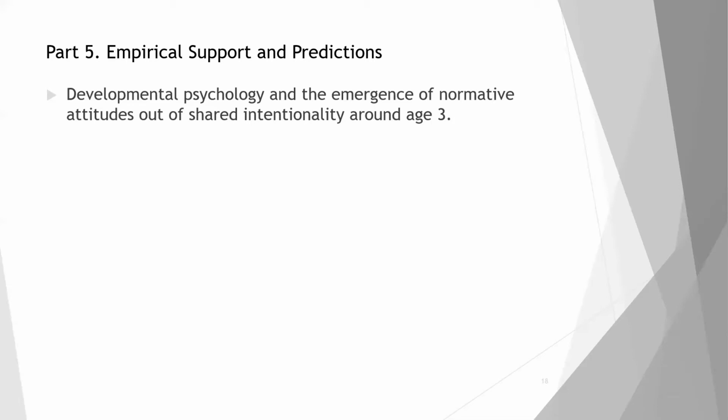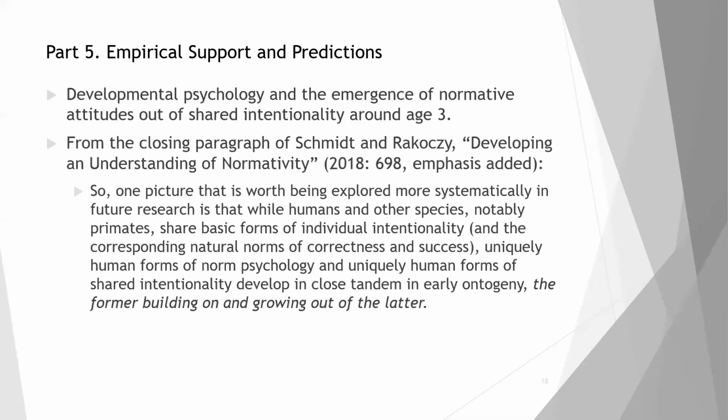So in a recent review article by Schmidt and Riccozzi, they close with a claim that further research might support a view that is remarkably consonant with the one I've developed here. They say one picture that's worth being explored more systematically in future research is that while humans and other primates share forms of individual intentionality and the corresponding natural norms of correctness and success, uniquely human forms of norm psychology, uniquely human forms of shared intentionality develop in close tandem in early ontogeny, the former building on and growing